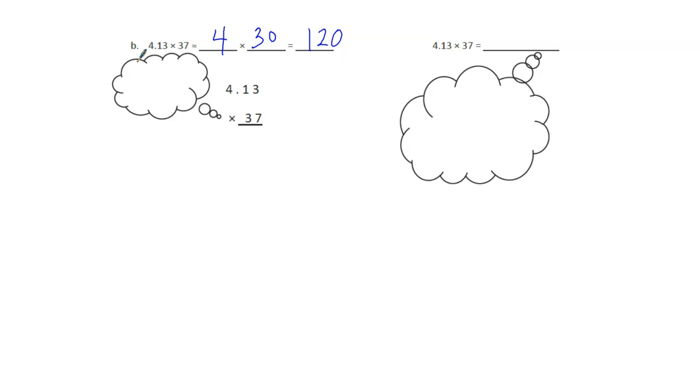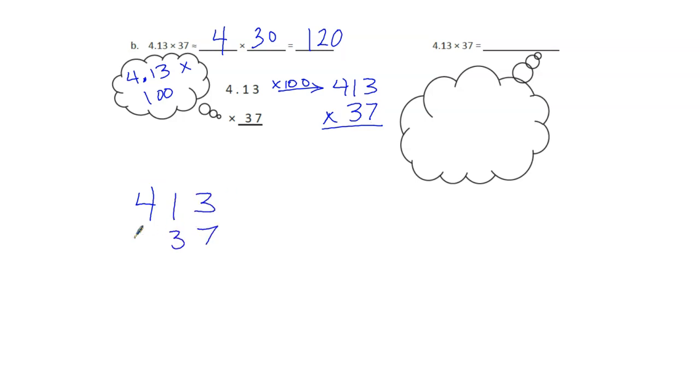I know that, I want to say, think about 4 and 13 hundredths times 100. Well, 4 and 13 hundredths, that's a decimal. 4 and 13 hundredths times 100 is equal to 413. We're going to still multiply it by 37. So we have 413